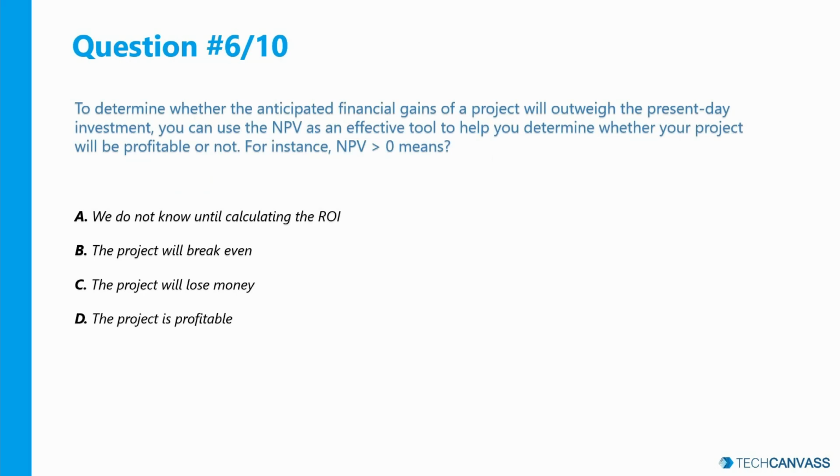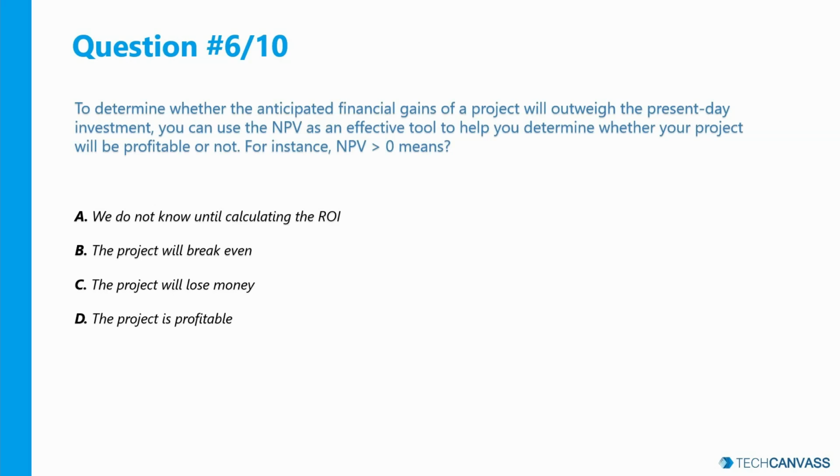Now, NPV stands for net present value. It is simply the sum of present values of all the outflows and inflows. The larger the net present value, the more favorable the project is financially for the organization. That's a simple formula. A positive NPV means the present value of inflows is greater than the present value of outflows, thus the investment is worthwhile.